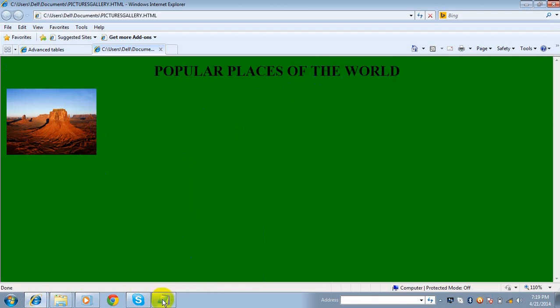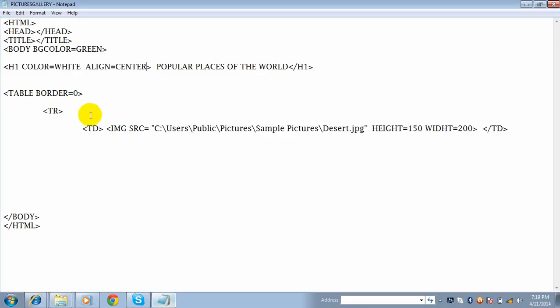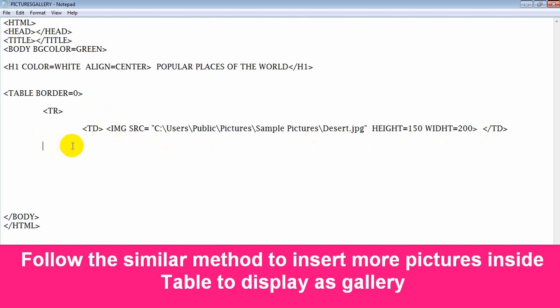Now let's add more pictures following this method. Okay. Let's close this table row. Yeah. Now let's begin another table row. Now again IMG SRC equal to, now double quotation mark is start.